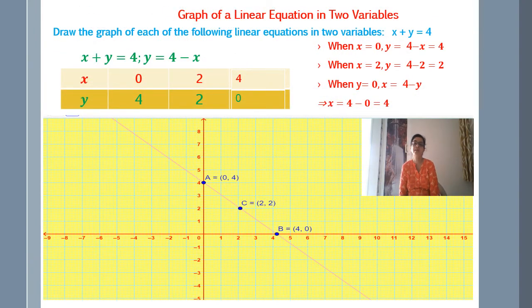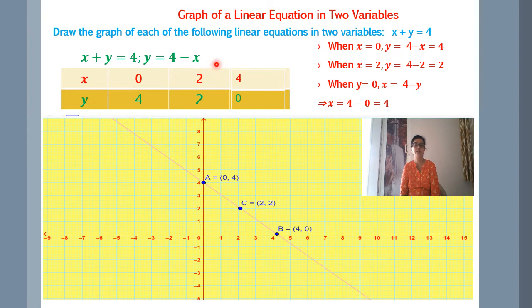Here we are having another linear equation in two variables, that is x plus y is equal to 4. Now what did I tell you previously? That our next step is to find the value of y. So let us write the equation in the form of y is equal to 4 minus x. This will make the sum easier because then you can directly substitute the values of x in this equation and find the respective values of y.